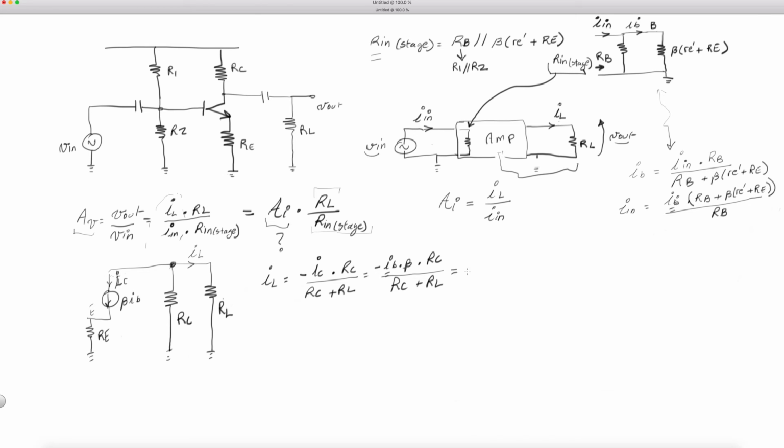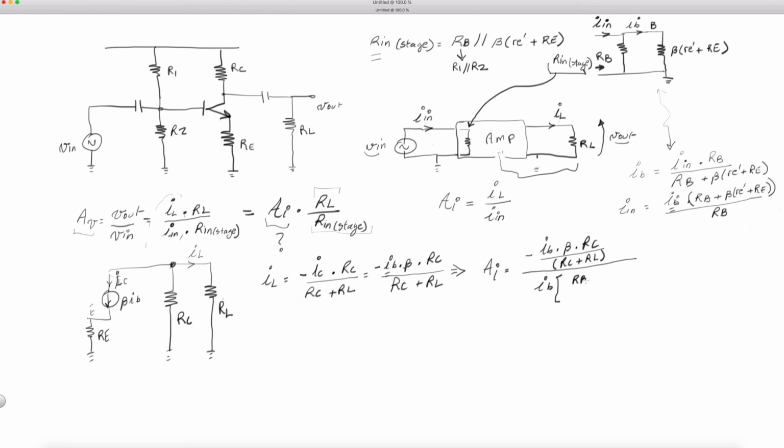So this implies that AI now is equal to, and let's put IL at the top here, so minus IB times beta times RC, everything divided by RC plus RL, and all of this divided by IN, which is IB, and again, if you look at IB, it's times